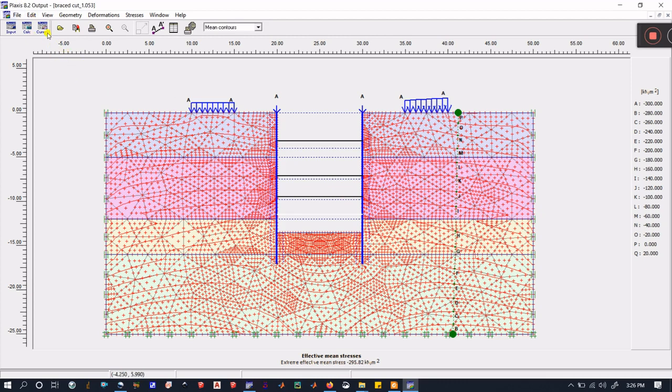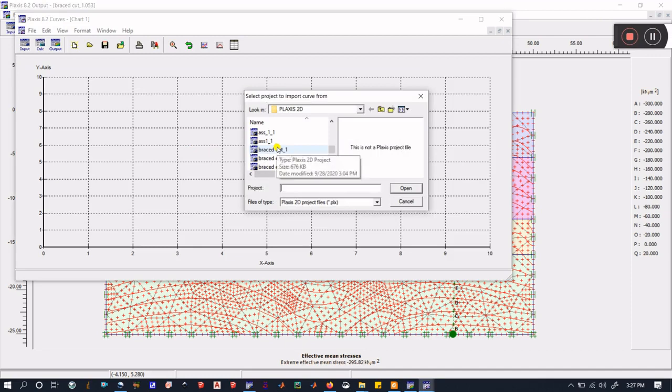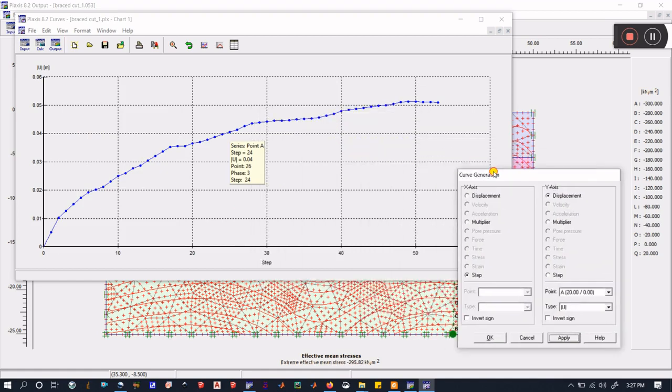And then one more thing is there, you can go to these curves and see. You create a new chart, and then you select your project for which you want to plot the curves. Then I'll plot a curve which will have the x-axis as steps, and the y-axis as displacement. Now click on apply.